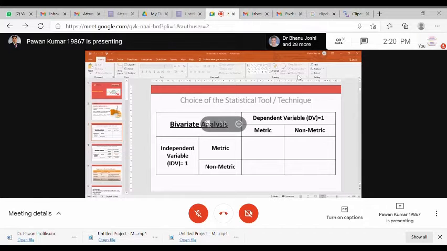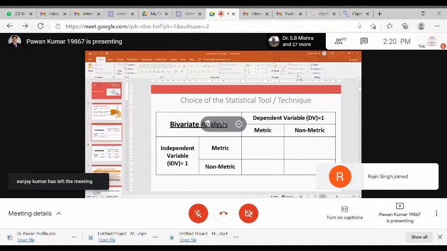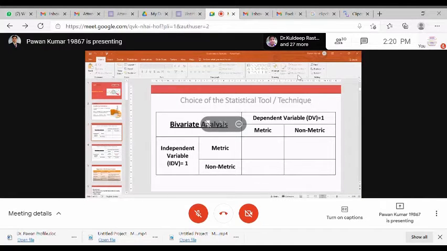Whenever your independent variable is categorical, please note down, that is male, female, or transgender, and you are going to study the difference of these genders on the smartphone purchase, which is a metric data, then you can apply hypothesis testing, which is called the parametric test. Parametric test here you can apply, that is compare means or hypothesis testing. So you just fill the box here, hypothesis testing.